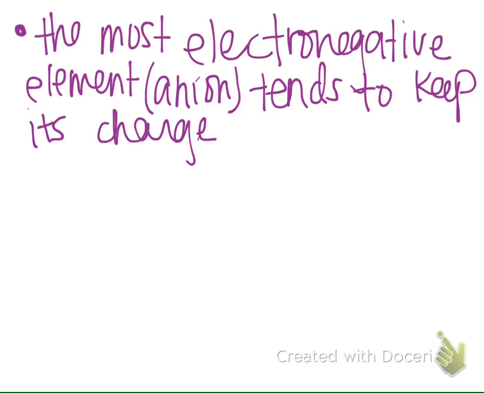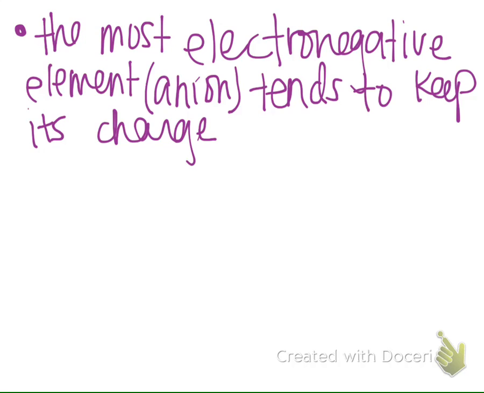Okay, so from there, electronegativity decreases as you move down and to the left. So francium, which is the farthest down and left, will give up electrons to anything. Okay, it doesn't even care. It doesn't want them. So as you look at electronegativity, it starts with fluorine and decreases as you move down